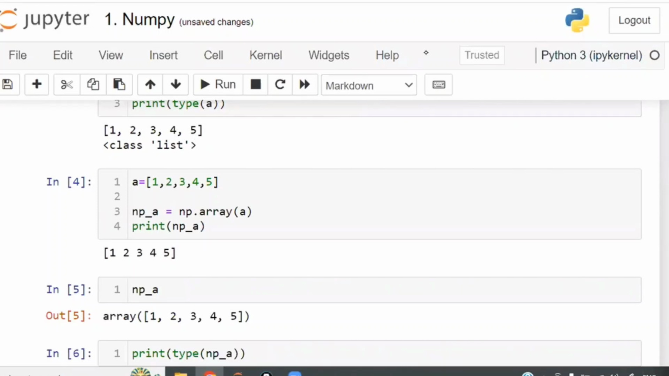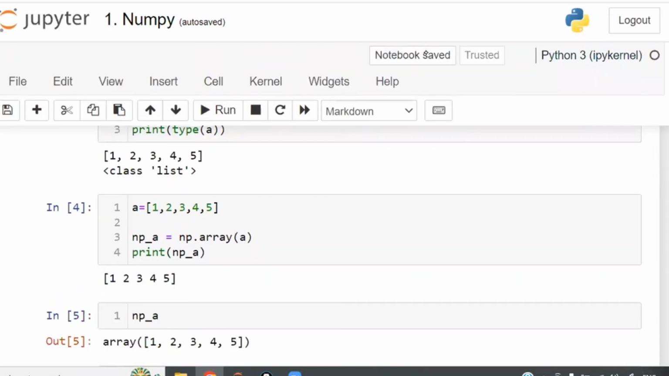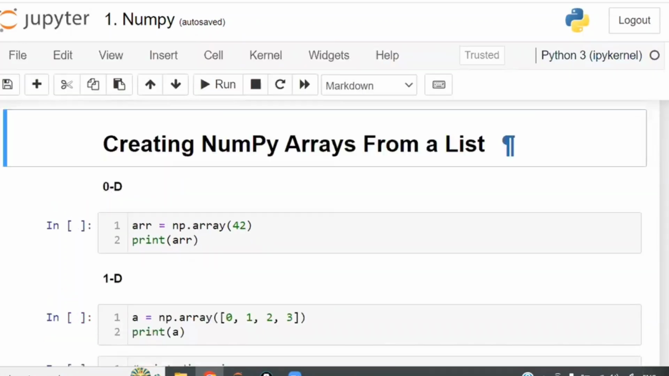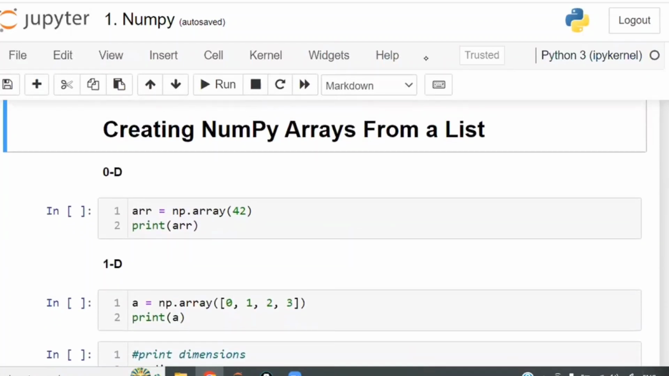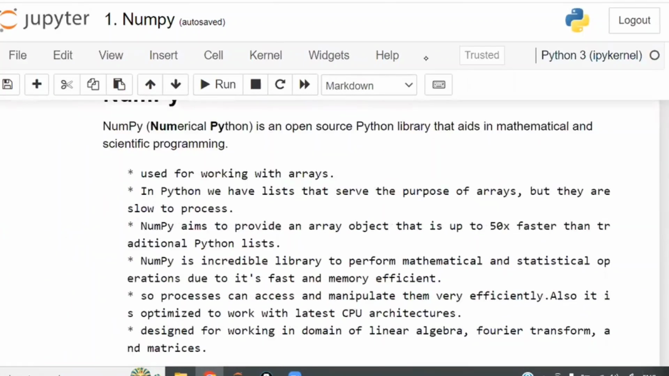Sir, if I want to work on the tuple, first you convert the tuple to a list, then you apply the array. Right? Now, here we are creating NumPy arrays from a list. In NumPy, we can create arrays with n dimensions. So here, if you observe this one,